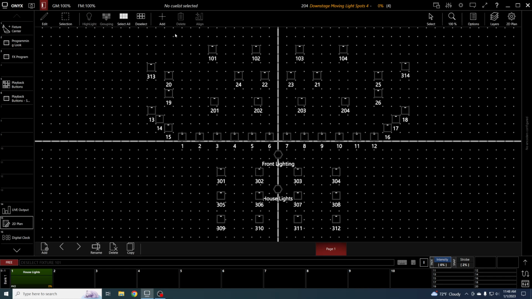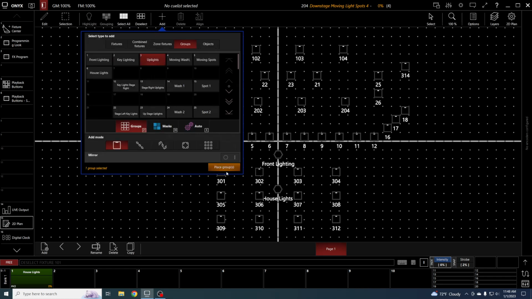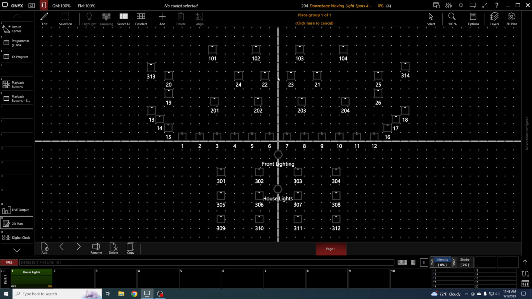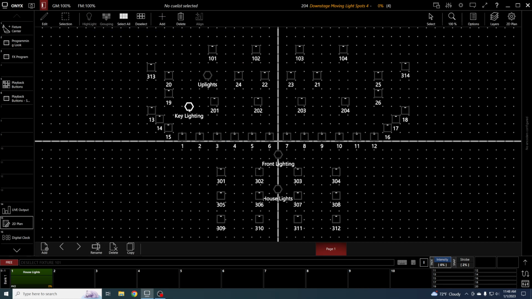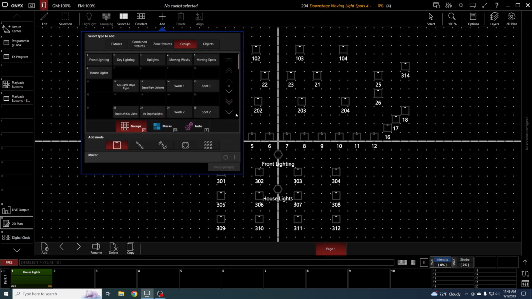Okay, so now we can do our uplights group, and I'll just put it right here in between. I'll put it off to the left here, and then we want to add our key lighting group. I'll just put it off to the side by the left key lights. We'll add our